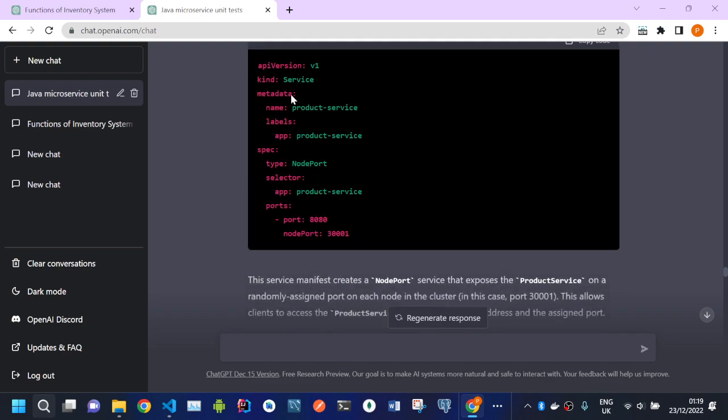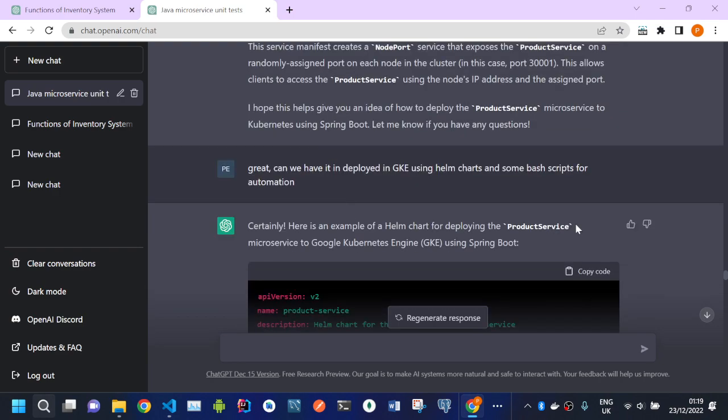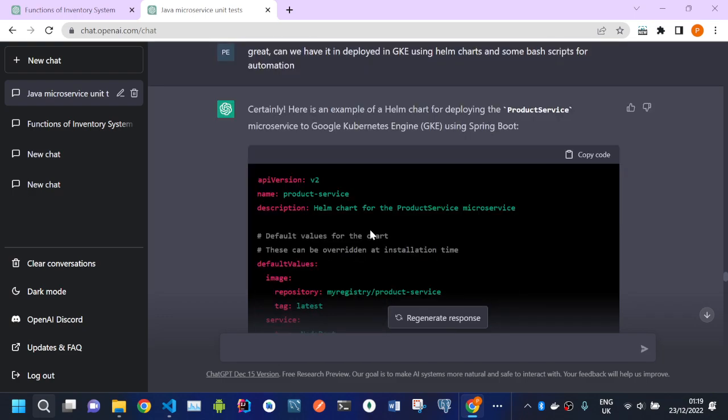Just note that the kind here is a service. It's not a deployment. So we are mapping to this. It's a node port. So this is for the service. And then we have